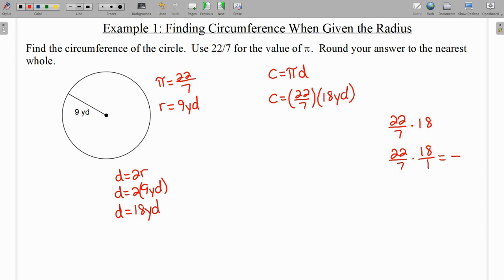Then from here, what I'm going to do is go ahead and multiply across. So I'm going to take 22 in my calculator times 18, and that's going to give me 396 on top. On bottom, I take 7 times 1, and I'm going to get 7. Now, what we're left with here is this very large improper fraction, 396/7. Now, in our directions, they tell us they want us to round our answer to the nearest whole. So what I'm going to do in my calculator is take this 396 and divide it by 7. When I do that, that's going to give me something that is approximately equal to, that's what that little symbol there means,